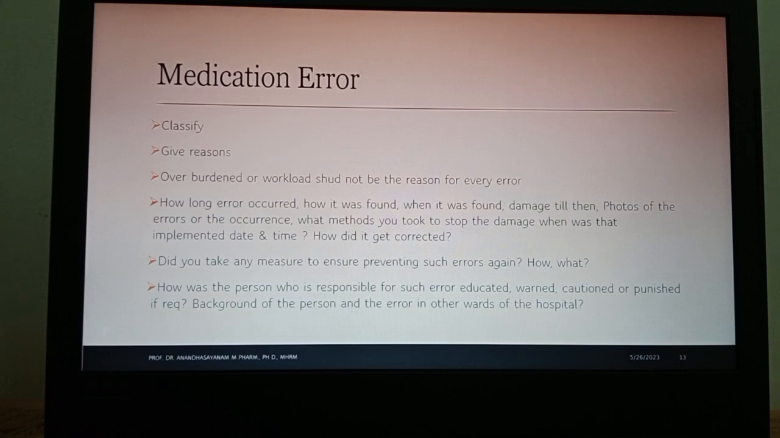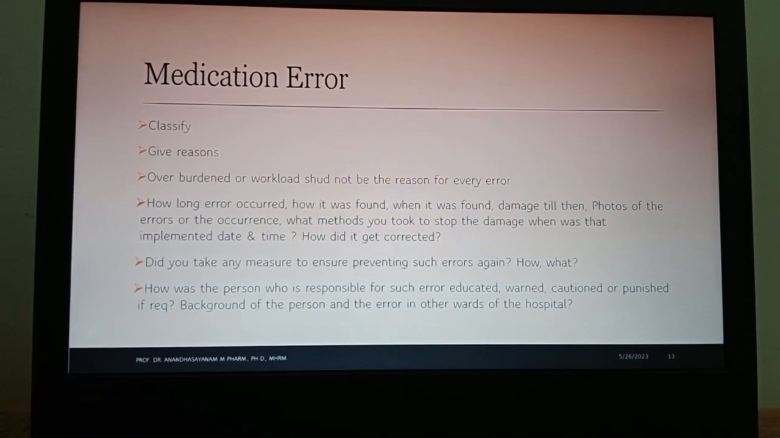We make a mistake, we need to be educated, we need to be warned, cautioned, corrected, or punished. Right? And the background of the person and the error in other wards of the hospital. Do similar errors occur? Does it lead to a need for a training program in the hospital? What needs to be done? So those things have to be assessed as a manager of the hospital, as a manager of the healthcare facility,